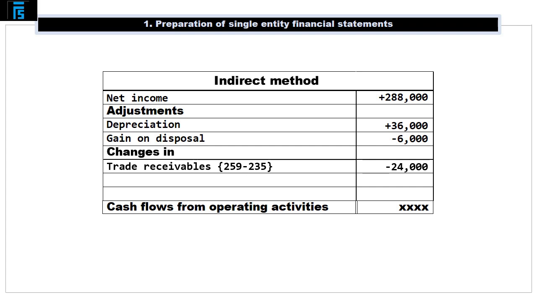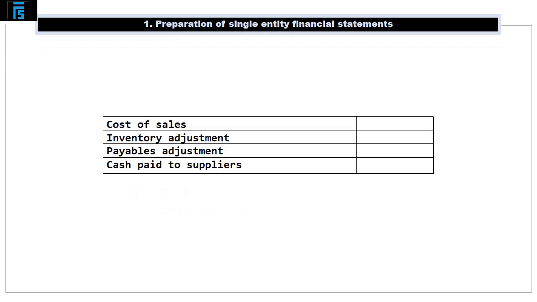The next two adjustments are derived from changes in the carrying amounts of inventory and trade payables. Over the course of 2016, inventory grew by €20,000, which causes a negative adjustment to net income. On the other hand, the €30,000 increase in trade payables is reflected with a positive adjustment. The purpose of these adjustments becomes apparent when we relate them to the cost of sales component of the income statement, itself a negative